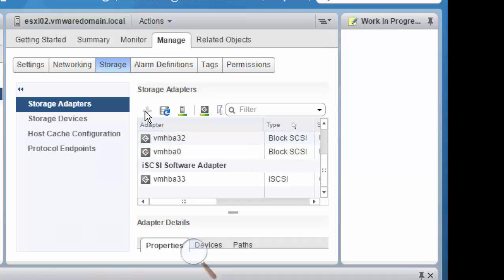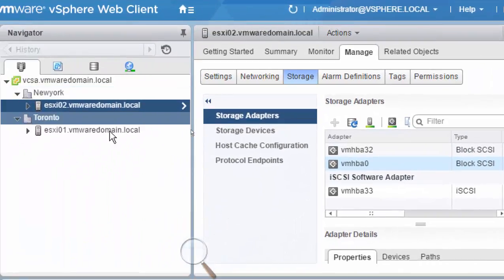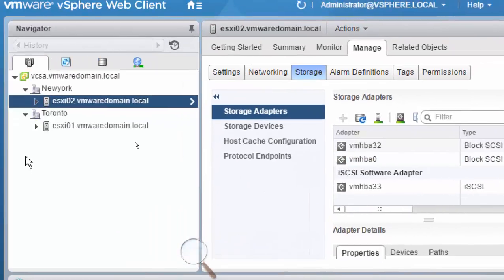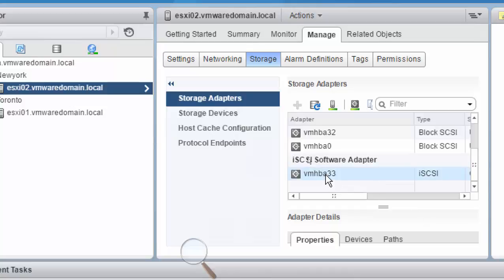No, it's not giving me that at all. It's giving me a different screen. Oh, are you on the storage devices or adapters? Just check all the manage storage adapters. Go to New York, then go down and select ESXi 02. Just compare the board. And you will see storage. Compare the board. So if we click this one,